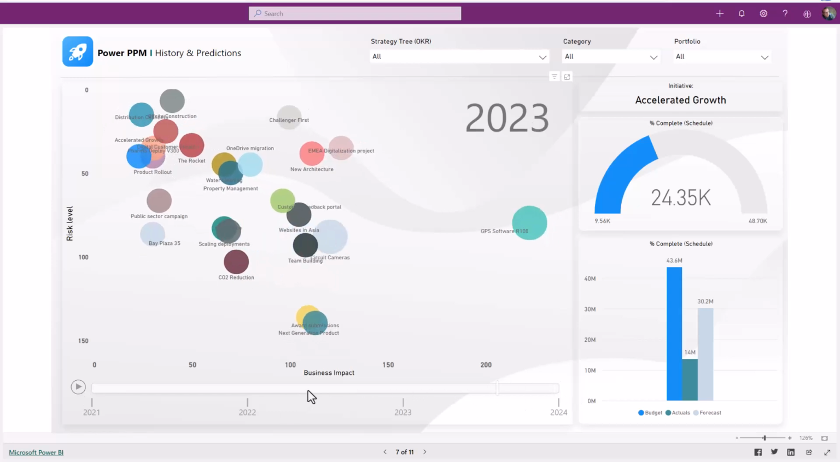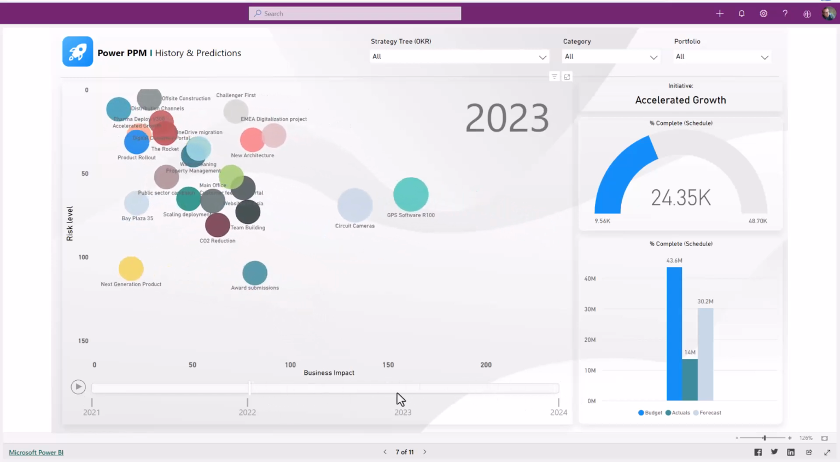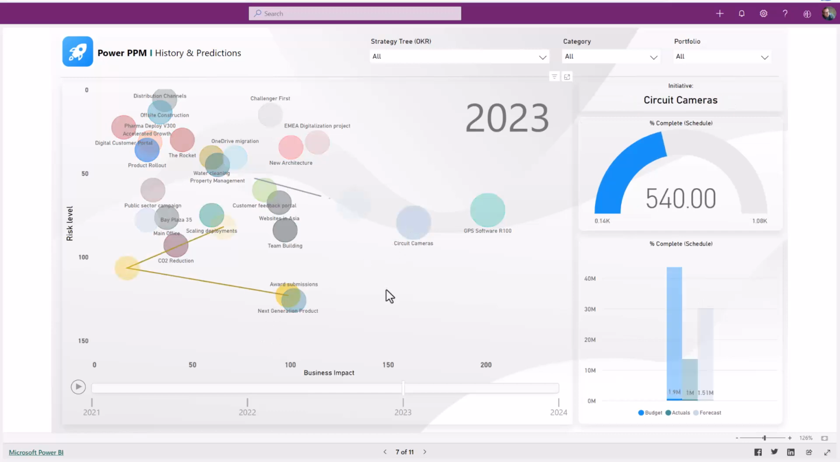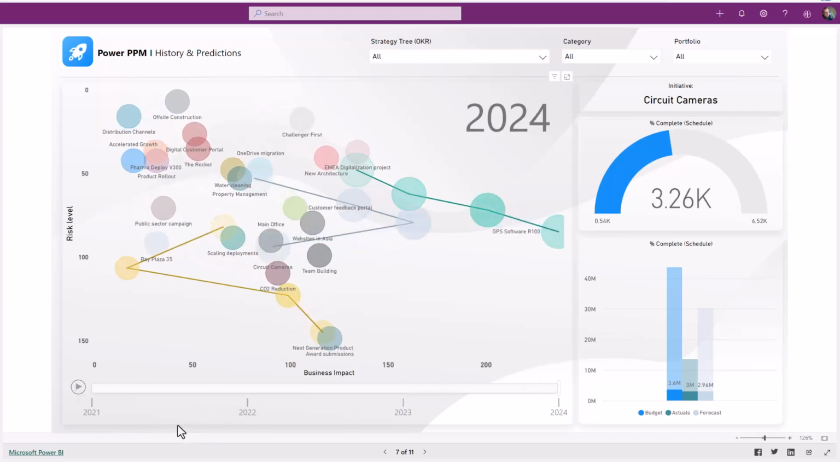We can also go backwards in time, and we can even go to a point in time and click on items to see how it ended up right here, or see the path it took. Or play it again and still be able to track those of interest. So this is how we can use data to create powerful dashboards that can even predict what's going to happen